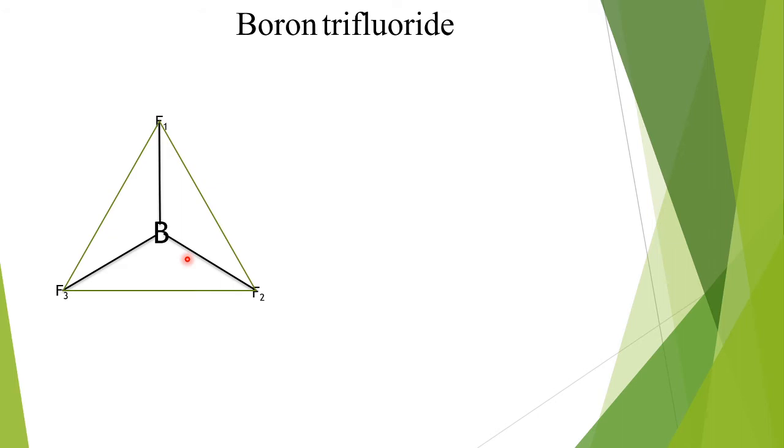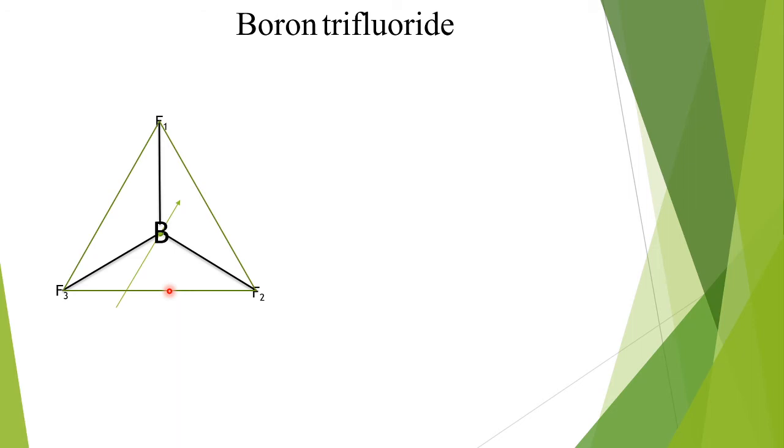Next we have to check whether this molecule has any axis of symmetry. There is an axis of symmetry. There is an axis passing through boron, and since this molecule is planar, we can call the plane as molecular plane. So how do we explain the axis? We can say an axis passing through boron and perpendicular to the molecular plane. Here we can see the small dot, that is the point through which the axis passes, and here we have the axis.